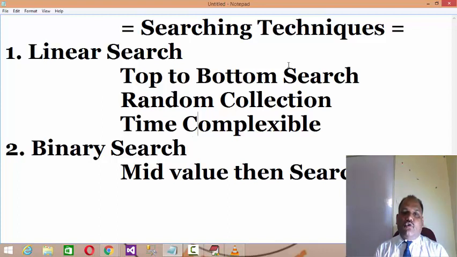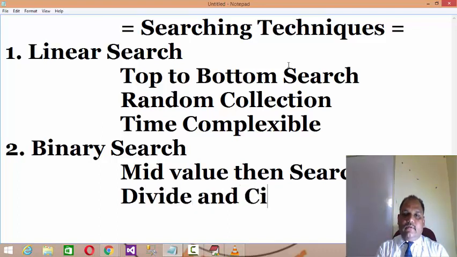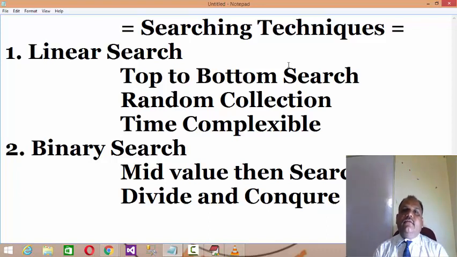And if your data is sorted already, it is arranged sequentially, then you can apply the binary search. It basically works on the logic of divide and conquer. It means instead of searching for all the entries, you divide into two parts.